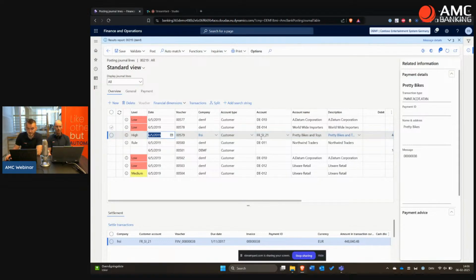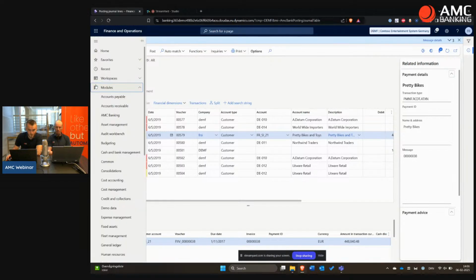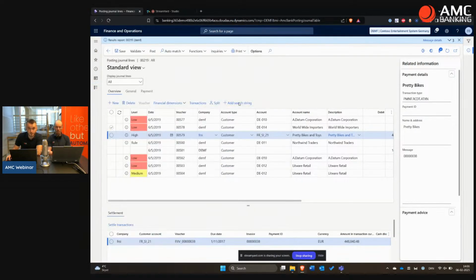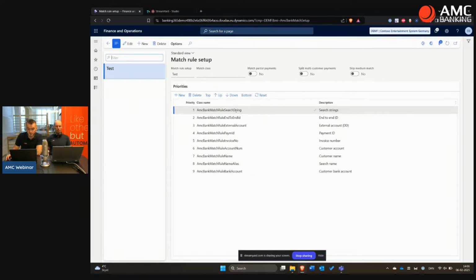And if I post this, then of course all this intercompany accounting will be done to close the invoice over in my French company while posting the amount on my bank account here in Germany. Simple, easy. All right, let's jump back into the auto match rules and just quickly go through some of these